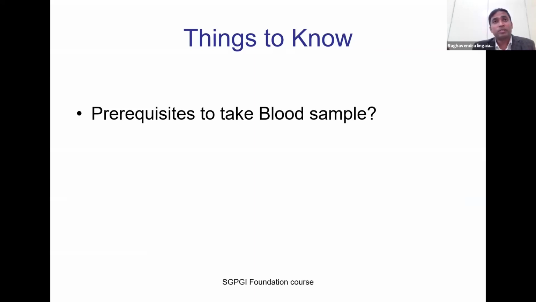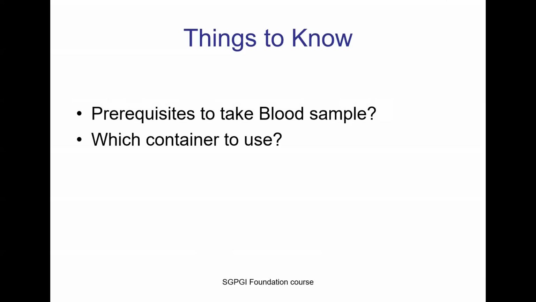Whether the patient is in an appropriate fasting state or not, whether the time is appropriate or not to collect the blood sample, because certain blood investigations require a fasting state, or because of the biological rhythm, we need to take the sample at the appropriate timing. For example, for parathyroid hormone, you need to collect the sample between 7 to 8 a.m. in a fasting state. If you are doing cortisol testing, you might be doing it in the evening and in the morning. So you need to know at what time to take the sample.